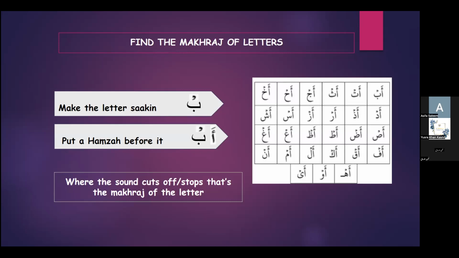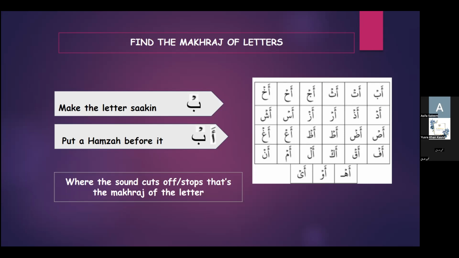Make sure you do not bounce the letter in the beginning, because if you're trying to find the makhraj and you're bouncing the letter, it means you are letting the sound go off and you will not be able to find exactly where the sound is stopping. For example, the letter ba has this quality of qalqala, or bouncing, and if I bounce the letter, ab, which would be the right pronunciation of the word,